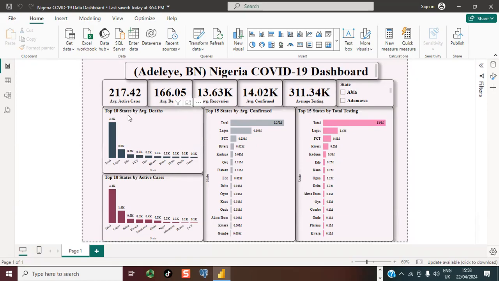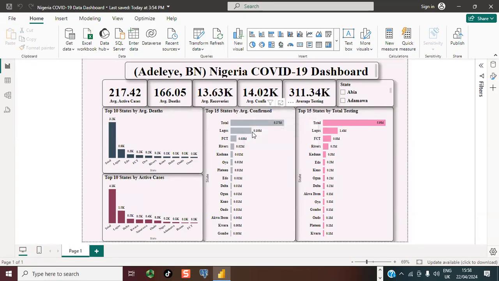Looking at the top 10 states by deaths on average, aside from the total value, we have Lagos topping the chart in this category. Also, Lagos is the top state with the most active cases.